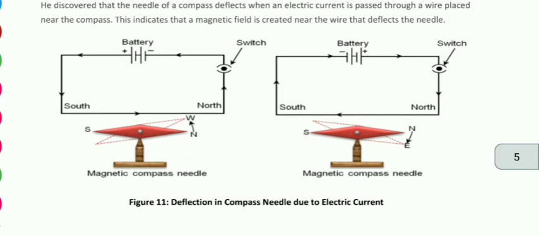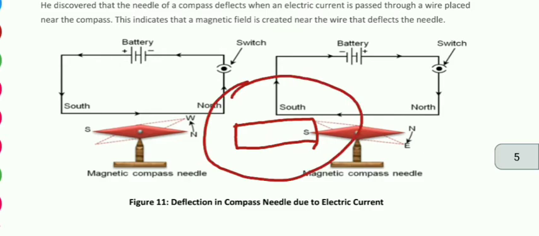Now when the switch is on, electric current is passing through it and the wire is behaving like a magnet. So we know very well that the magnetic compass needle deflects when it comes under the effect of what? Magnetic field. You know magnetic field. What is magnetic field? Suppose here is a magnet. It can attract the objects from its surroundings up to a certain area, right? Up to a certain area.